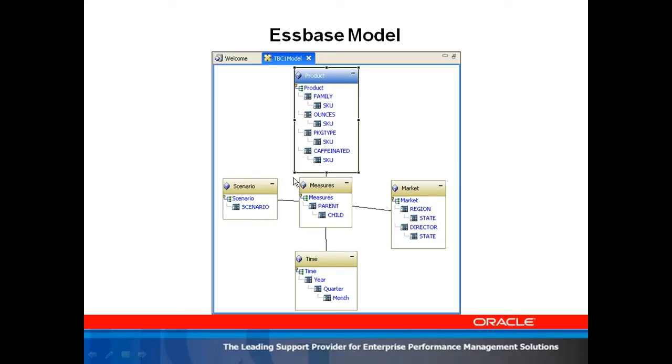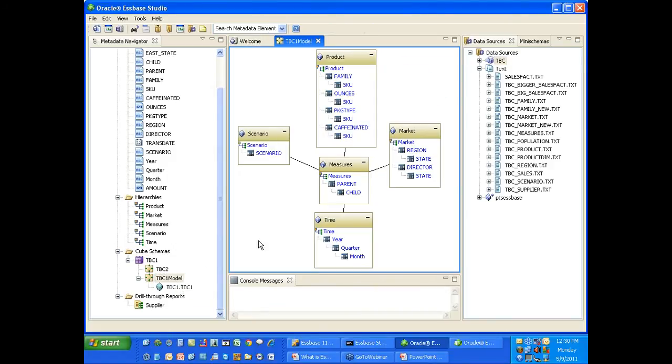You can display the Essbase model by double-clicking the Essbase model icon in the metadata navigator. So if I come over here, first there's my cube schema, there's my model. If I double-click on the model, I have a representation of that model displayed in the work area. But more importantly, for those of you who deal with EAS, if I right-click on the model here and I select Essbase Properties,